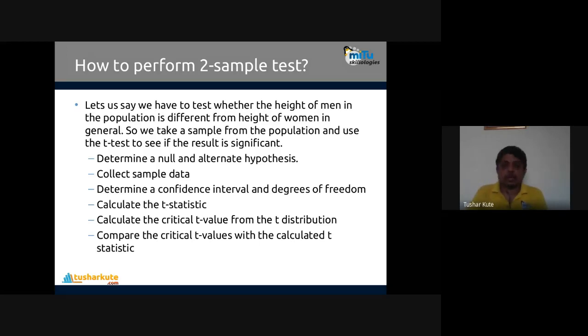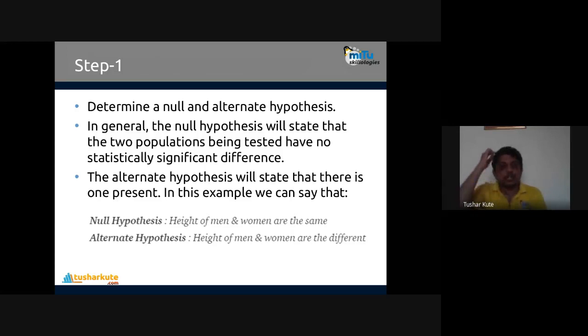And the results will show you, according to the t-score and the probability value, whether the height of men is different from the height of women or not. Meaning every man's height is different from every woman's or not, meaning they are up and down, low or high, or not. That we can prove over here. Let's see the steps which are mentioned over here and how we'll go with them step by step. Okay, so six steps are there. Let's check the six steps for this particular case of the two sample t-test.